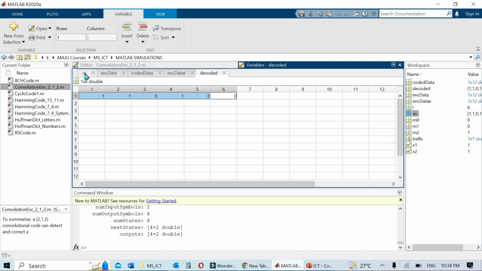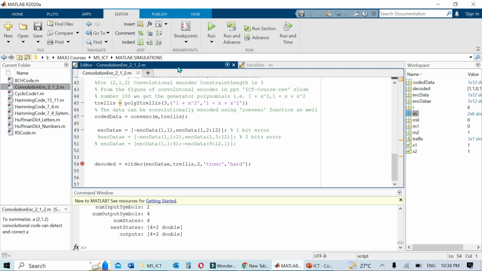And our message was 1, 1, 0, 1, 0, 0. It means 2, 1, 2 has successfully detected and corrected the error. So this is how we can encode and decode